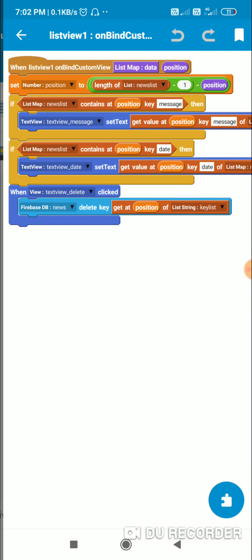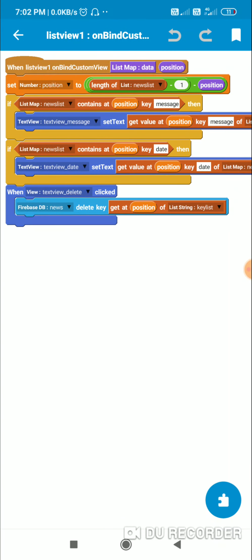For displaying it in onBind custom view, I set a number variable position to length of news list -1 minus position.